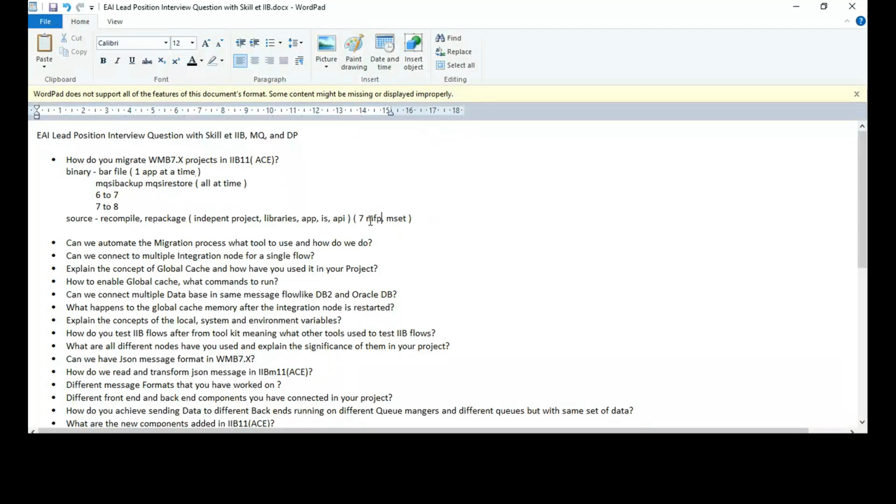So the changes will be applicable during compile time. Here in 11, the changes that you make to your library can be made effective at runtime. So there are features in 10 and 11 that you should make use of if your project is not time bound. So source recompilation is one option.